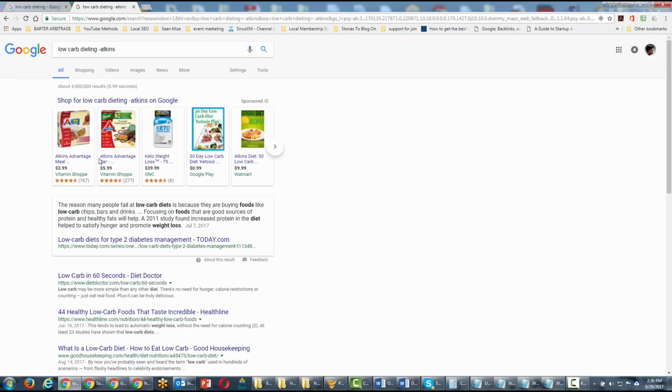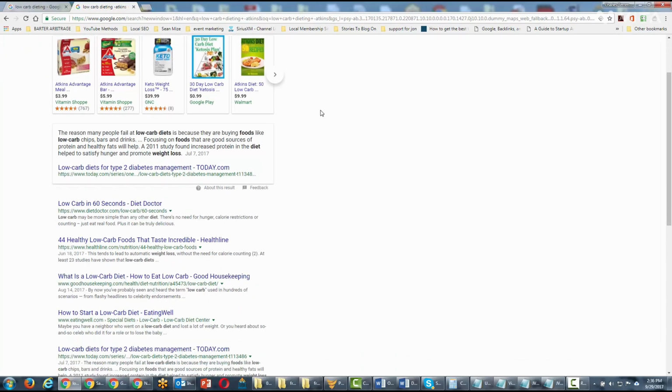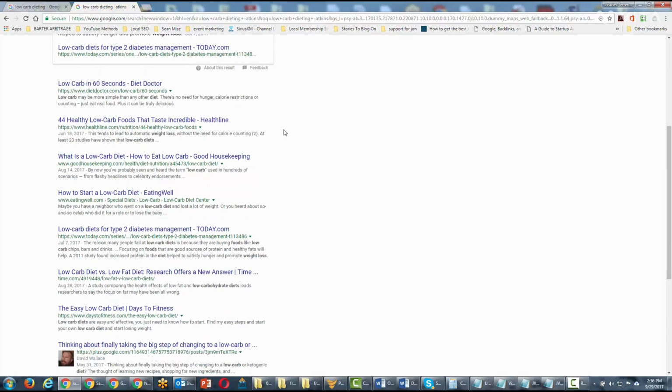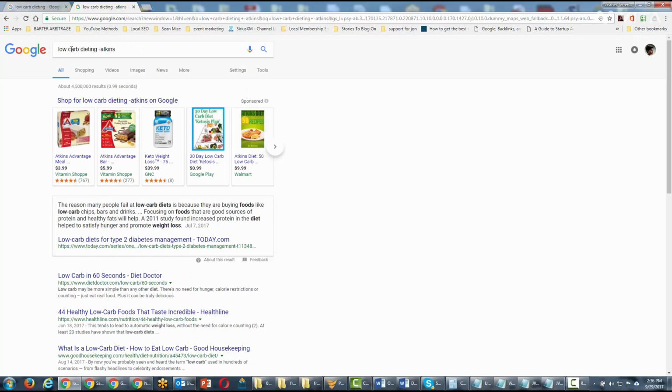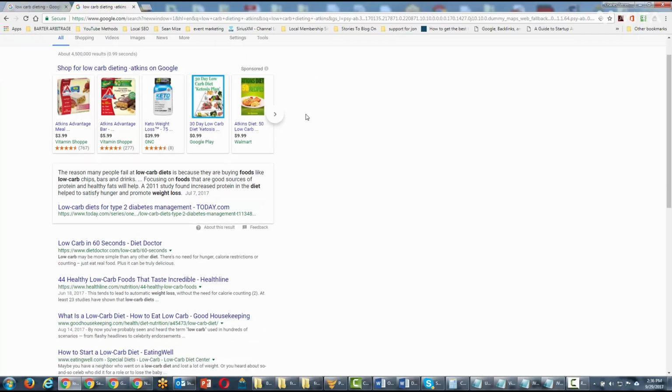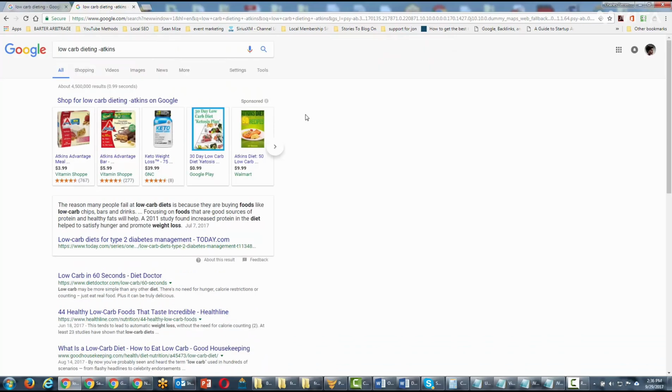Now, what you'll find is that you have some advertisements, but once you go past the advertisements, you're going to be able to get into the set of results, and the set of results that we have will not have the term that we placed behind the minus. So this is a good way of getting another view without certain terms at a glance.